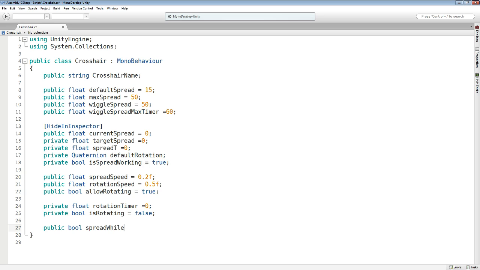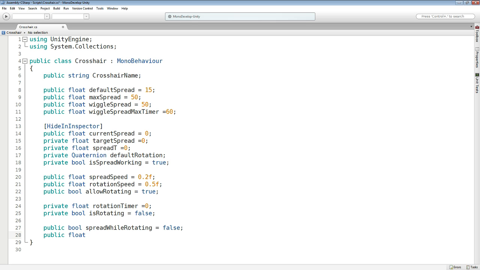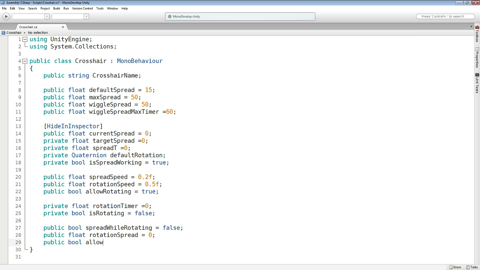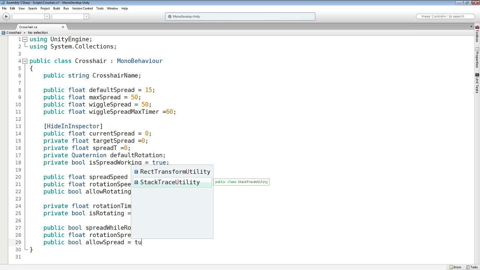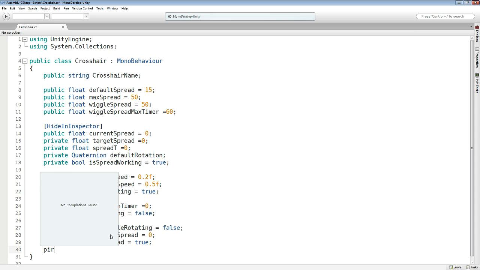If you want spread while we are rotating, I'll just give it a false. The speed we want to rotate, the spread we want to rotate, not the speed. I'll just give it a 0 for now. If we want to allow spread,